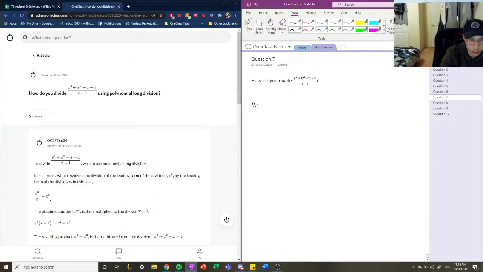So let's write out a division problem here. x minus 1 divided into x cubed plus x squared minus x minus 1. We know that we only have two terms here, x and minus 1, and we want to divide it into this polynomial. So the first thing that we see is how do we get